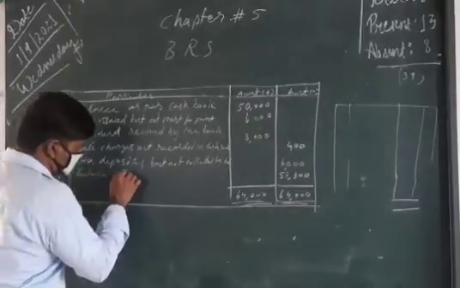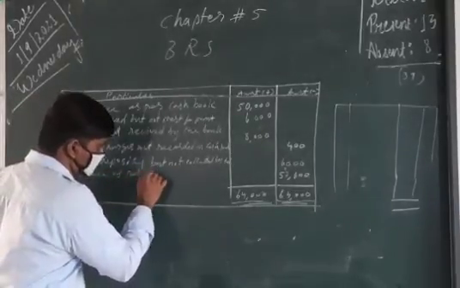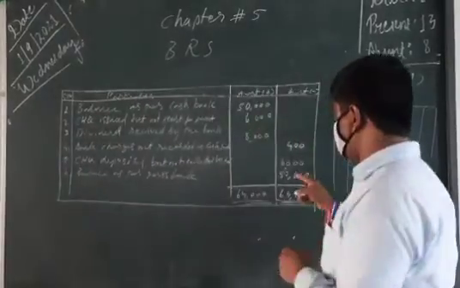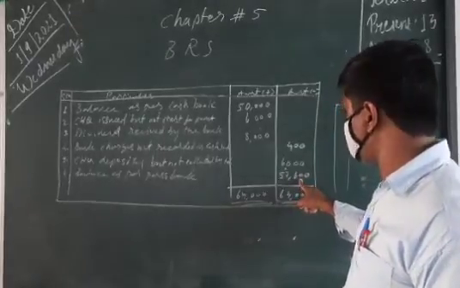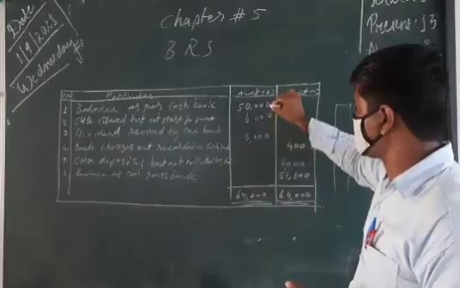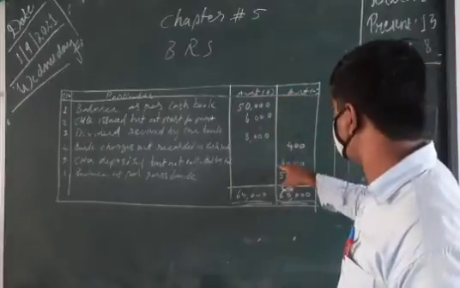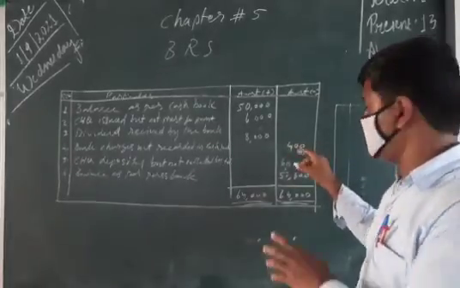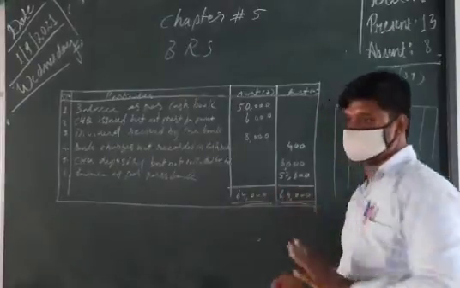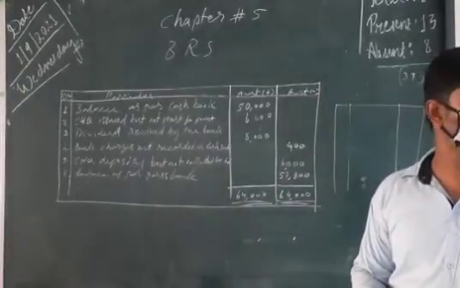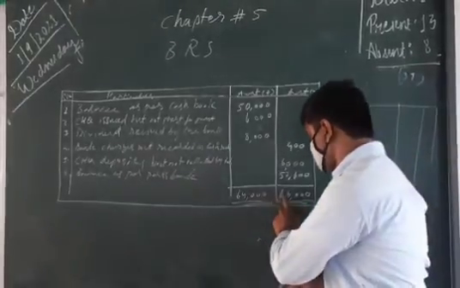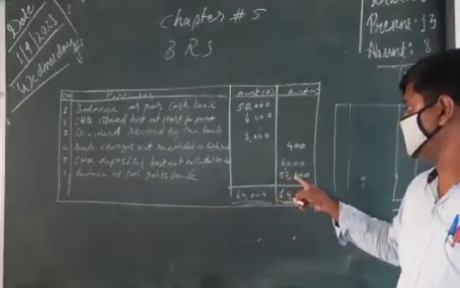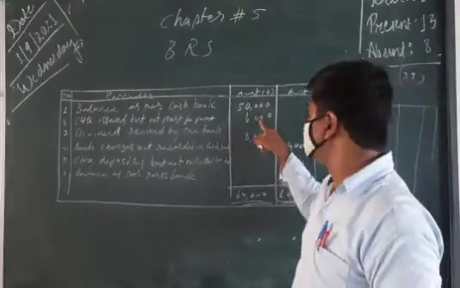That is 57,600. Clear now? If at the same time this amount also comes to the bank, and the bank collects this amount and we make that entry, the balance will come to 64,000. The actual balance in the bank must be 64,000. But instead, now the amount is only 57,600. In that you can see this amount will be reduced.